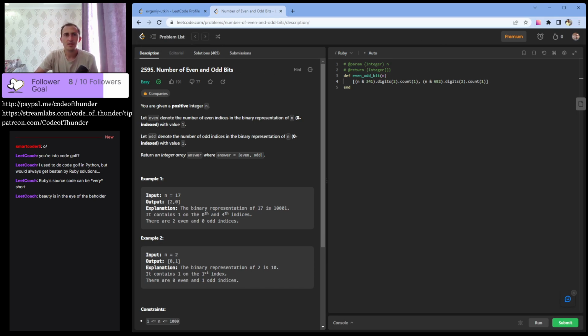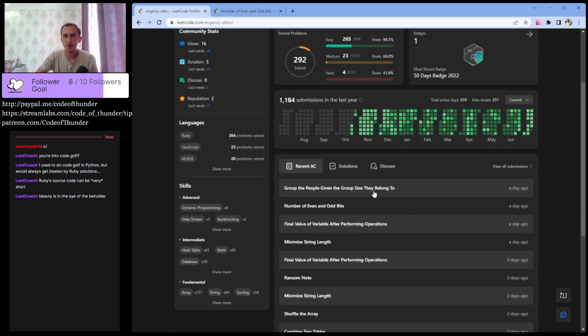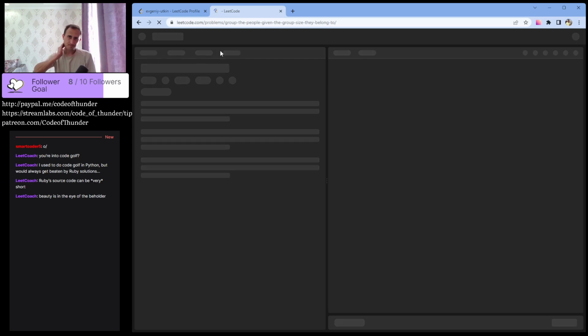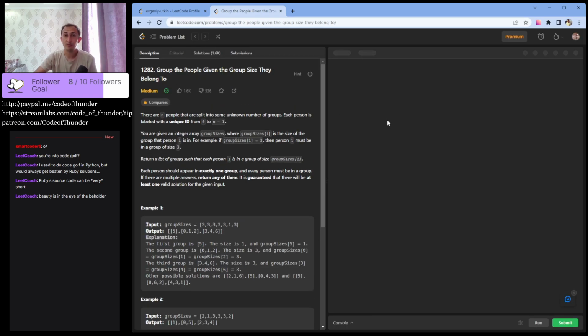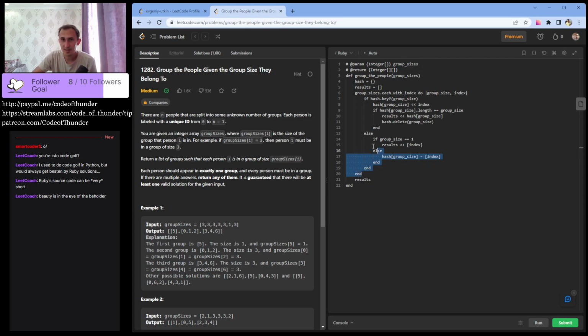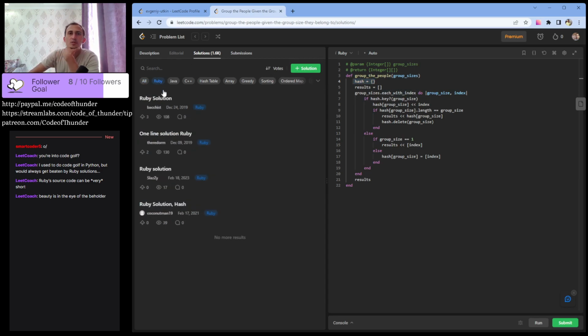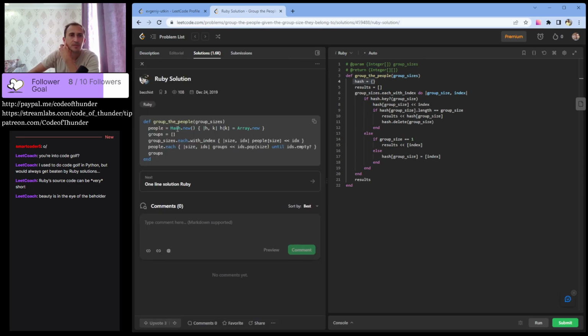And now let's continue with another problem from yesterday. It's a medium problem that we solved first try, by the way. Again, it's not very beautiful for the same reason. It has so many ifs. It's probably unreadable by other people. But my assumption to use a hash was the right one, because all the other solutions use a hash too. The only difference is how they treat